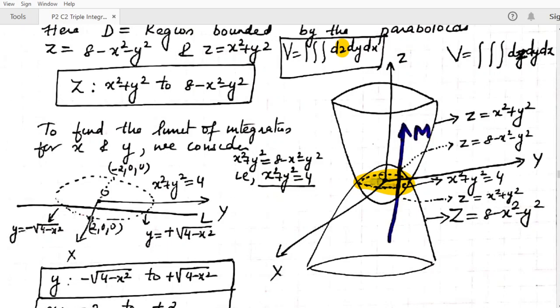This intersection of these 2 paraboloids will be the equation on the xy plane. So we know that first we had to find the limit of z. Now we have to find the limit of y and x. So our method is to find y and x, we have to project this region on the xy plane. Projecting a region on the xy plane means what? We will consider our region and we will find the shadow of this region on the xy plane. So here we can see that our paraboloid is already on the xy plane, right? So the shadow is nothing but this region, the common region between these two paraboloids.